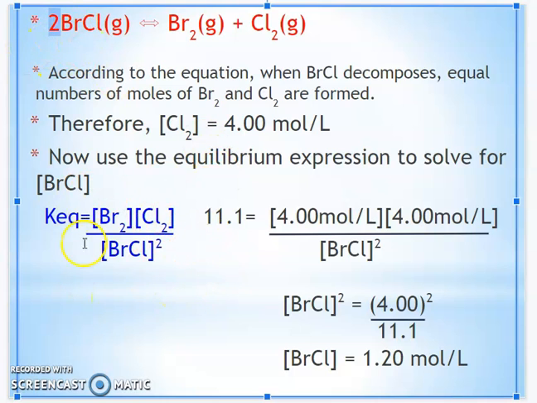And then once we have this, we can start filling in numbers. So here we have our 4 moles per liter of Cl2 and Br2, which again, I just talked you through how you knew that these were the concentrations, divided by our unknown, divided by our concentration of BrCl raised to the power of 2. Now, this 11.1 also comes directly from the problem. So if we switch back a slide for a second,